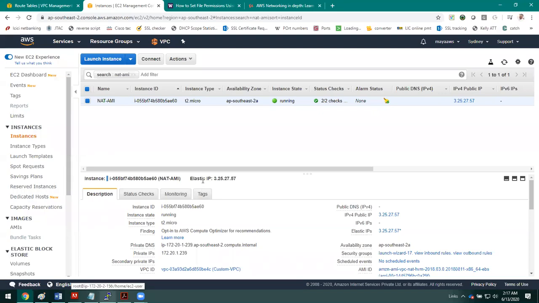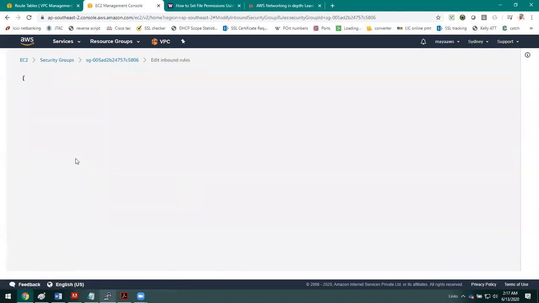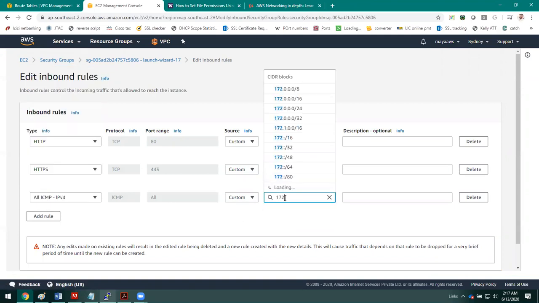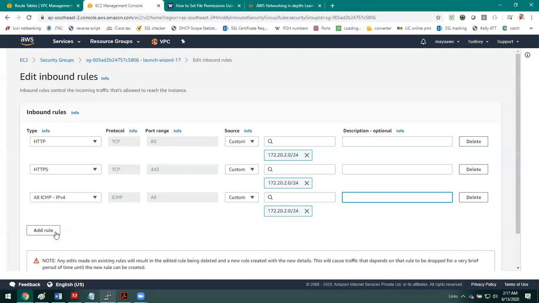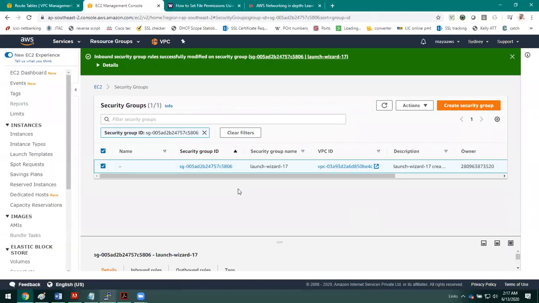Okay. So we are not able to ping the machine since in the security group we have not allowed it. So let us go to the security group and allow the inbound rule for the ICMP. Save the rule. And another reason why I can't reach the internet.